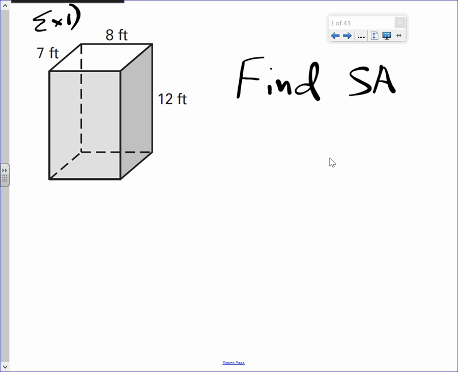The top two three-dimensional shapes, one says rectangular prism, and then underneath it says general prisms. When it says general, that means octagonal prisms, trapezoidal prisms, whatever prism you're dealing with. We're going to use the surface area formula for the general prisms,